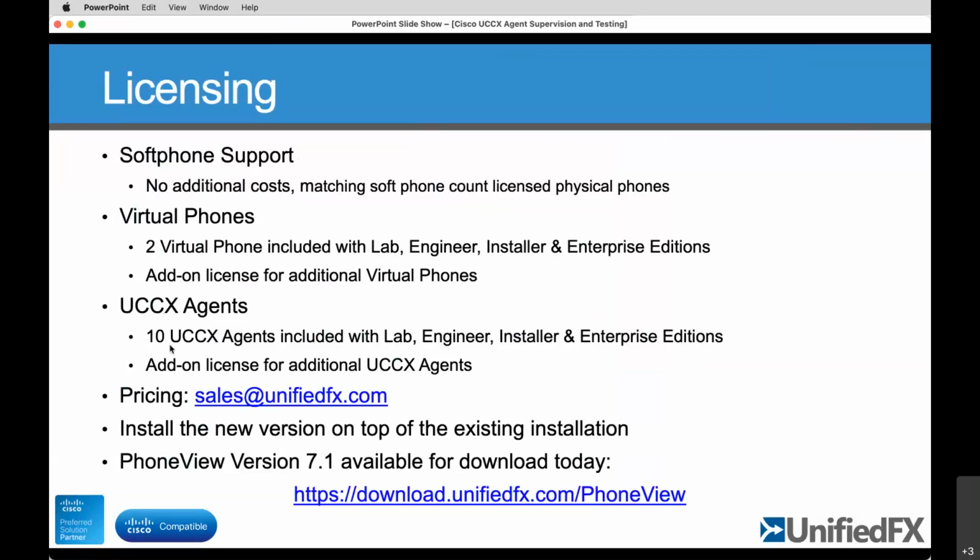UCCX agents, similarly, we give you a level of UCCX agents included for free, basically 10, so you can see and test the functionality. Just put your UCCX server information into PhoneView and it will start working straight away. And if you want to do more than 10 agents, we can add to that as well. For any more detail, you can contact sales at UnifiedFX. And it's all built into the latest version of PhoneView, which is 7.1. Okay, let me bring up